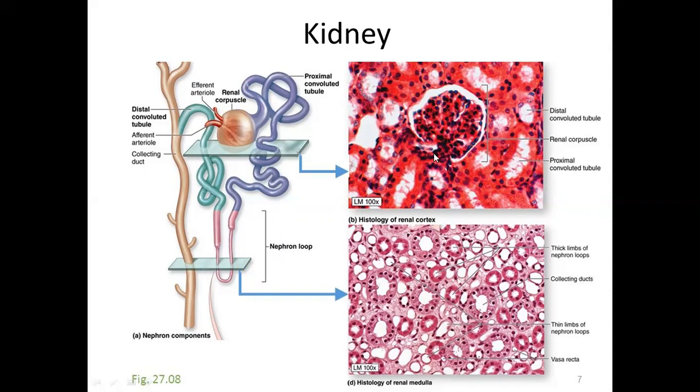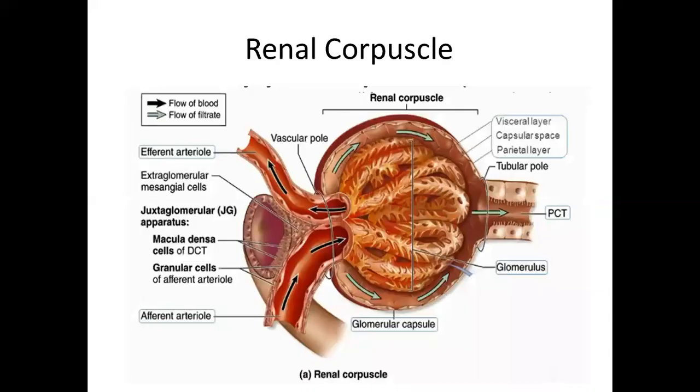So that was an overview of both parts. Now we will discuss individually the cortical part and the medullary part. In the cortex, the first part we have to look at is the renal corpuscle. We have given a summarized introduction to this part: within the renal corpuscle, in the central part, there is a tuft or network of capillaries coming from the branches of the afferent arteriole, which branches inside the renal corpuscle, and then moves out as the efferent arteriole.